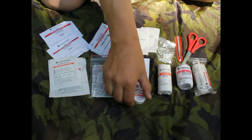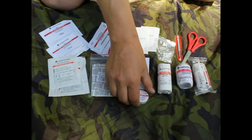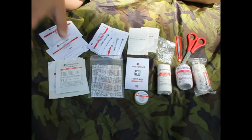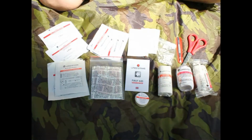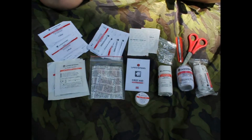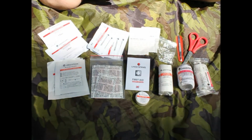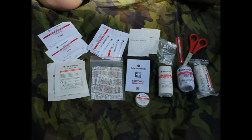And we have this zinc oxide tape also for taping things together, for blisters and what you have, and for these pads. So what you have here is a great personalized band-aid. It has all you need for yourself and maybe for another person to get by in both smaller and larger